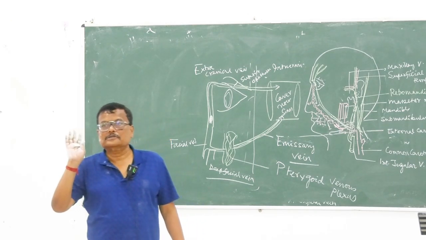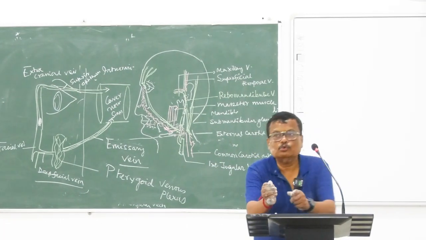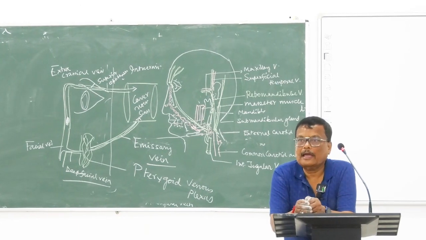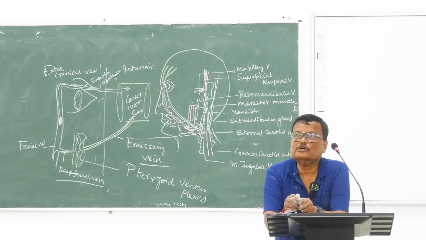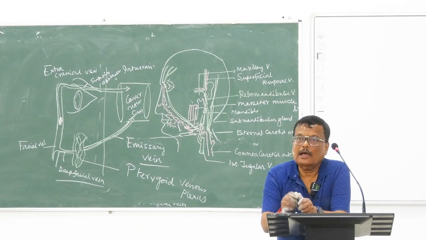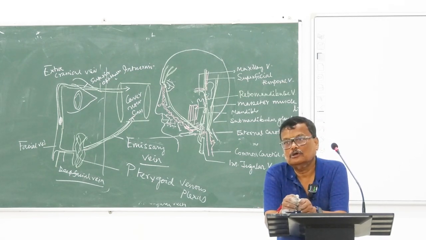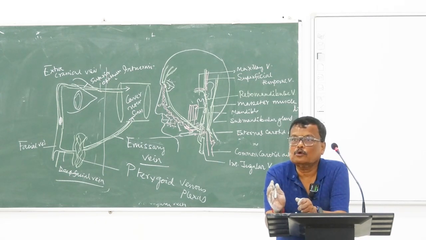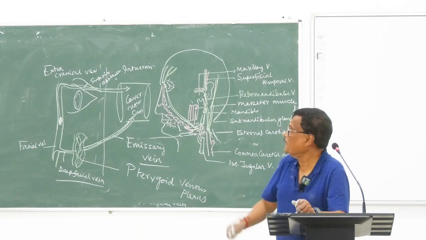So sometimes the septic emboli from the facial vein can go to the cavernous sinus, producing cavernous sinus thrombosis through number one, by its communication with the superior ophthalmic vein, number two, by its communication to the deep facial vein, then to the pterygoid venous plexus. And pterygoid venous plexus and superior ophthalmic vein again communicates with the cavernous sinus. So any septic focus can go to the cavernous sinus from the facial vein. তার জন্য আরেকটা বলা হচ্ছে